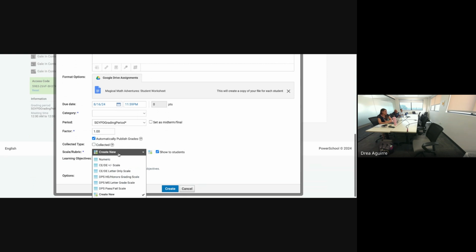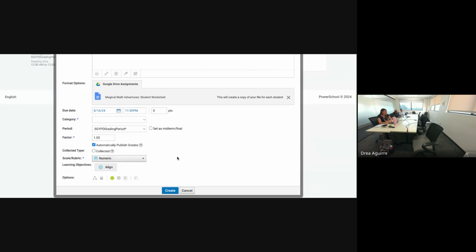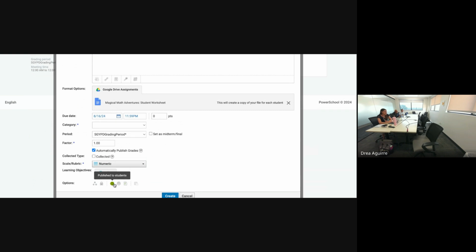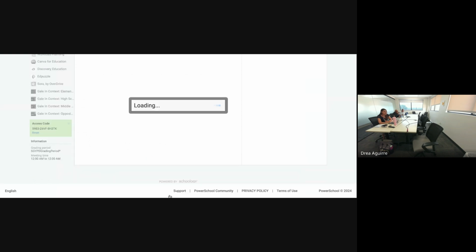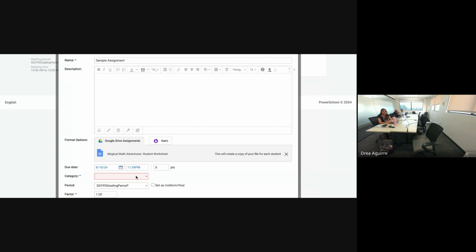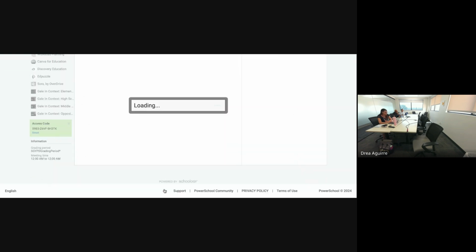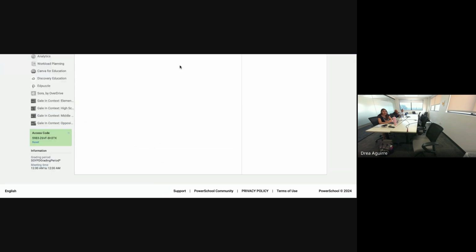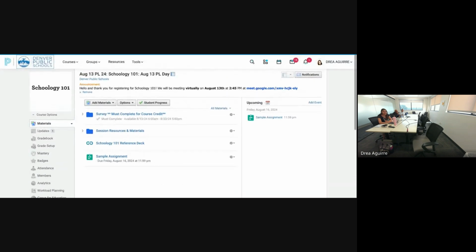So for this one, I'm just going to go ahead and put it as numeric. This green little button here tells me that it's published to students. And so then I can go ahead and create it. Oops, I didn't actually put a category on this. And then that is going to create my assignment. So now when I go in,